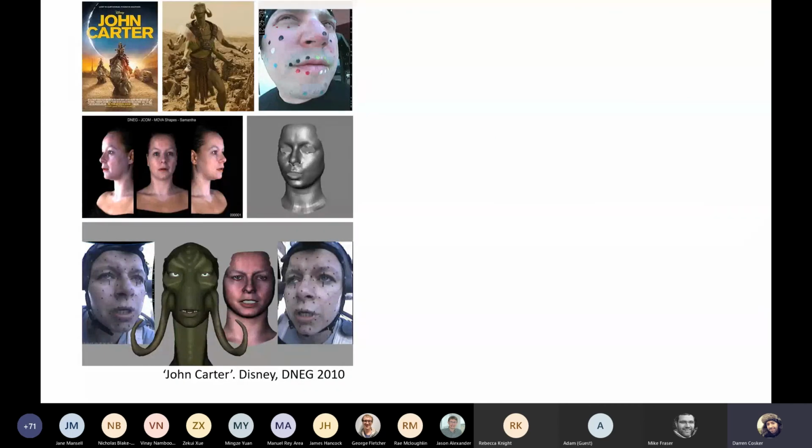One of the areas that I did a lot of work in was active appearance models, which is a statistical model based on images, and they're very popular for tracking faces. Then I started to work a little bit with Double Negative Visual Effects in London, where they were making the film John Carter, and that was really interesting. The problem there was they would wear these head cameras, and everyone does this now, but this was just after Avatar, so this was only being used in anger in